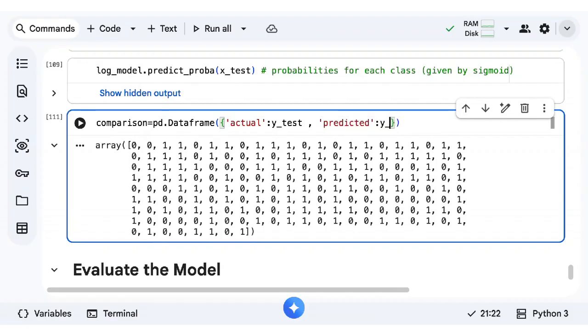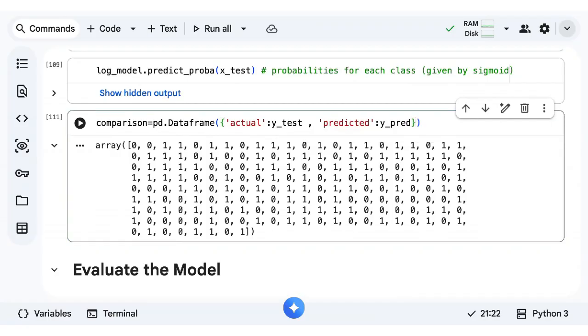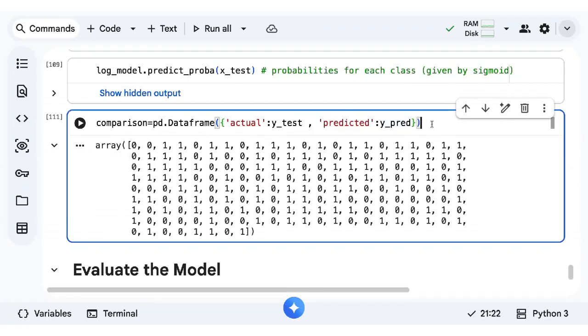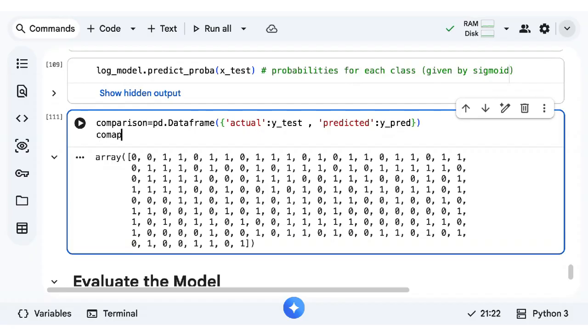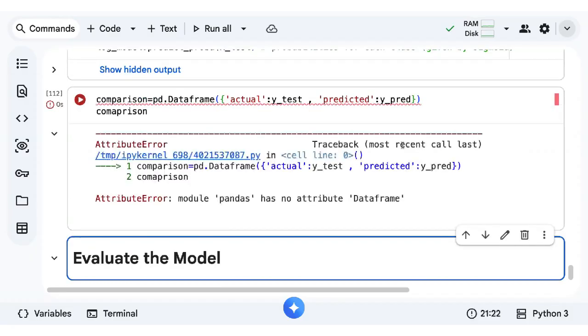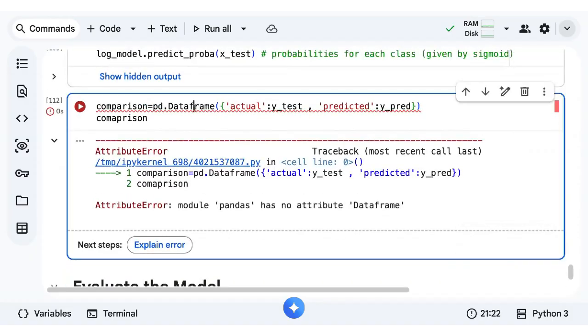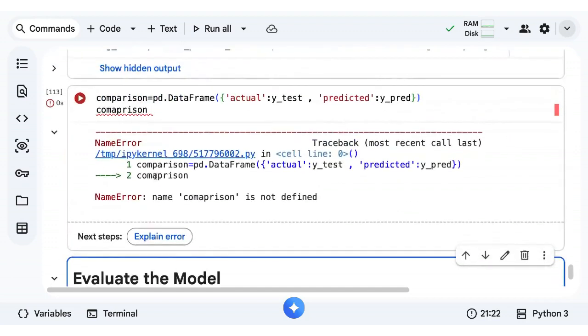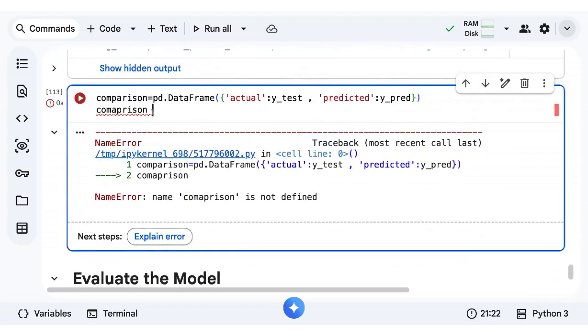We'll call it y_pred. DataFrame, F should be capital. Sorry. Comparison spelling wrong. Anyways.